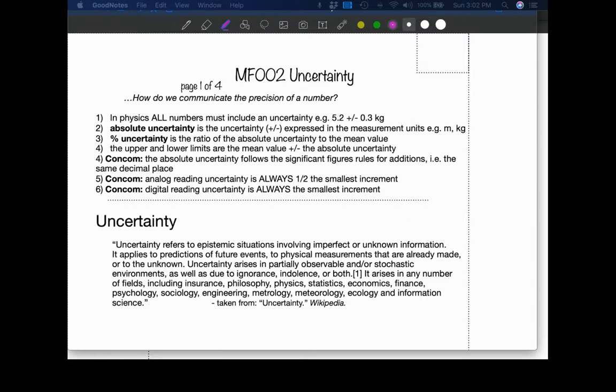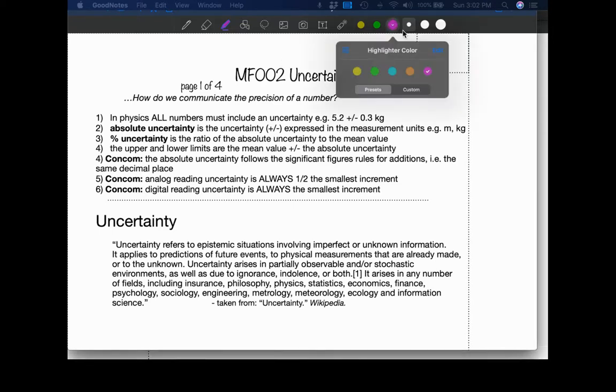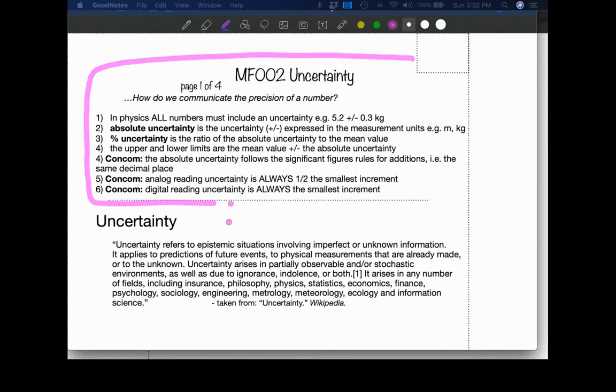Let me first identify the basic information that you should know coming out of this lesson today. All that basic information is contained here in this box. And ultimately, the essential question we're answering here in this lesson today is, how do we communicate the precision of a number? Now, these words, precision and uncertainty, are very much related to each other. Whenever we use the word precision, we are talking about how we're quantifying the uncertainty, and the answer to the question of what's the uncertainty has to do with the precision.